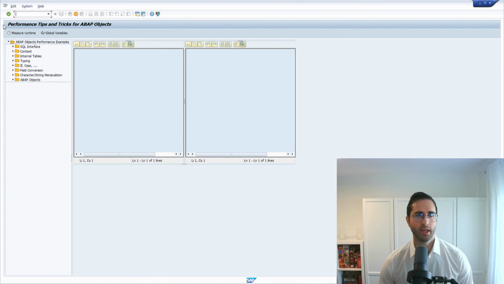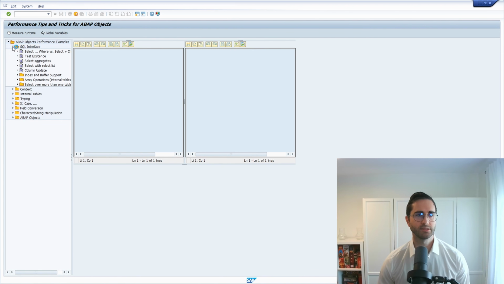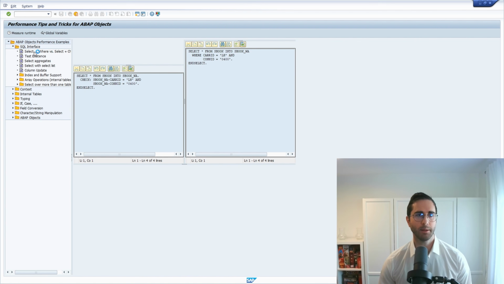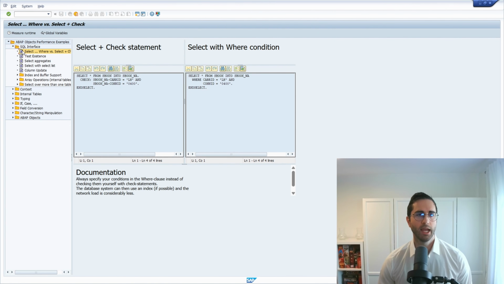And here you can access performance tips and tricks for ABAP objects. And here you have a lot of tips and tricks available. So here you can see some examples, and here some areas are grouped in some kind of folders. Here, for example, for the SQL interface. So if we would like to call an example, then we double click on one node, and